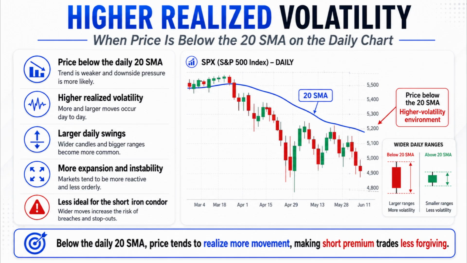Furthermore, I separate the market into typical volatility and high volatility environments. For that, I use the 20 SMA on the daily chart. If SPX is above the daily 20 SMA, I consider that a more typical or lower volatility environment. If SPX is below the 20 SMA, I consider that a higher volatility environment. This is important. For this specific short iron condor setup, I only take it when SPX is above the daily